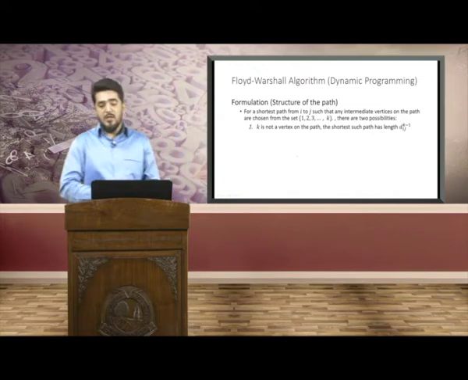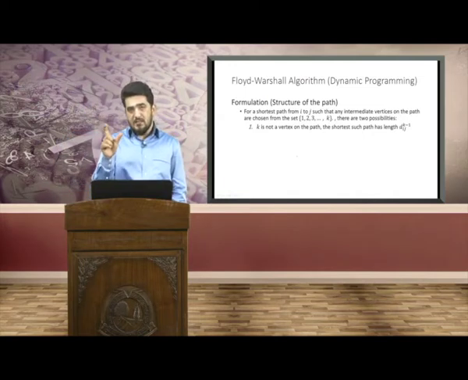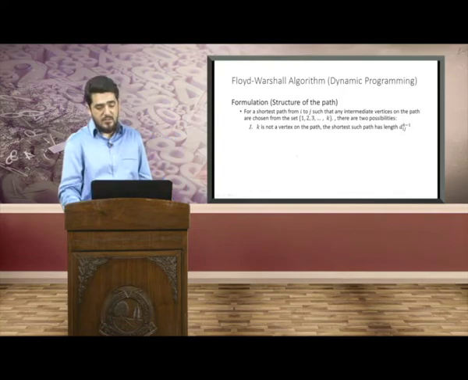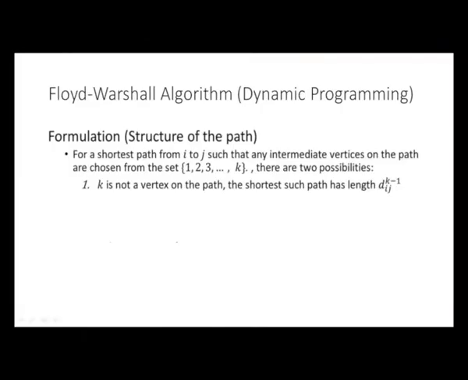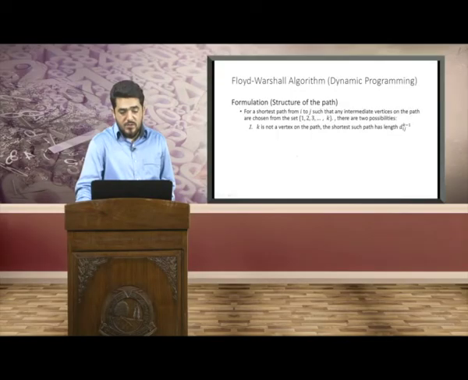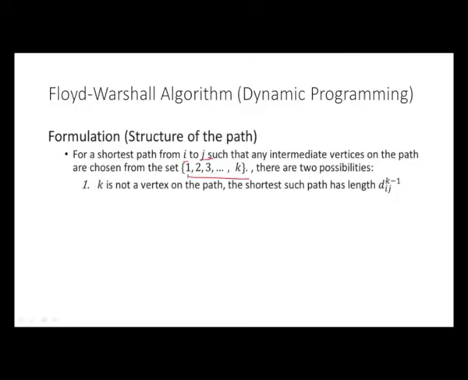Or it is also possible that the kth node in that set that we are referring to, as I earlier told you, as you can see on the slide, specifying an intermediate set for a pair of nodes i and j, and an intermediate set 1 to k. There is a possibility that this vertex k is not a vertex on the path. Then in that case it is obvious that the shortest such path has length d of i j and k minus 1, means not considering this k, but k minus 1 to be the intermediate